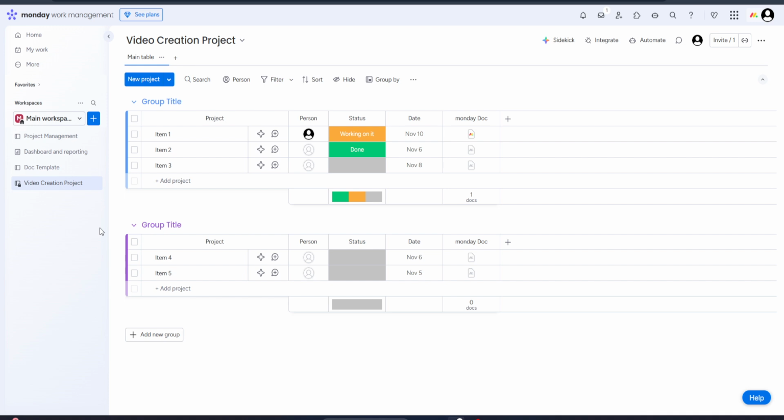Once everything looks good, you can either hit the Enter key or click outside of the text field to finalize your changes. And that's it. Your board is now renamed. Anyone with access to the board will see the updated name the next time they log in. Keep in mind that while the name change is instant on your end, it might take a few moments to update across all devices and users, especially if your team is spread out over different time zones or using various